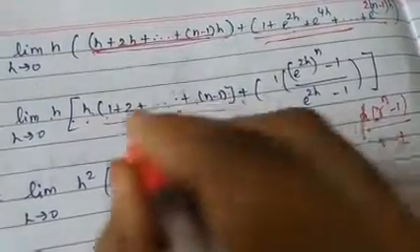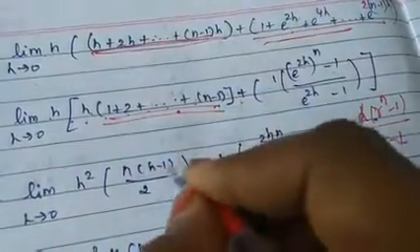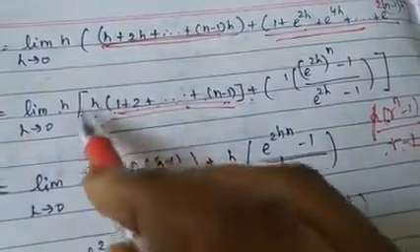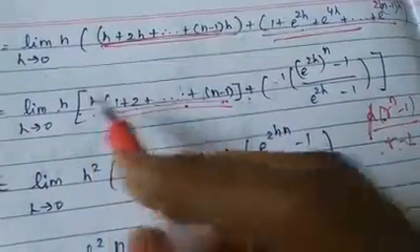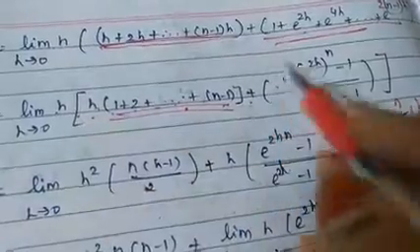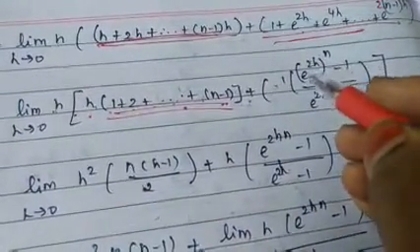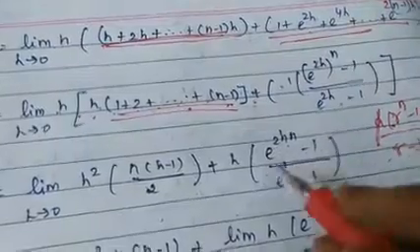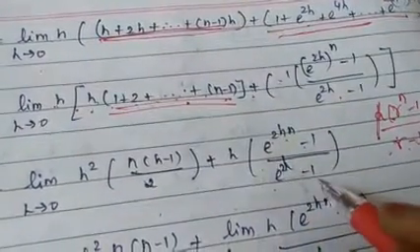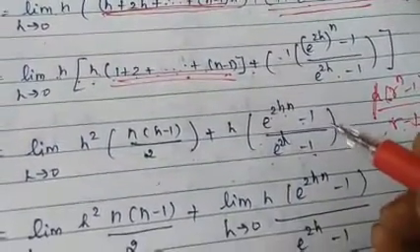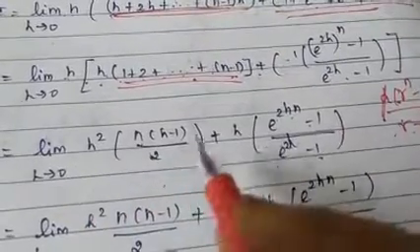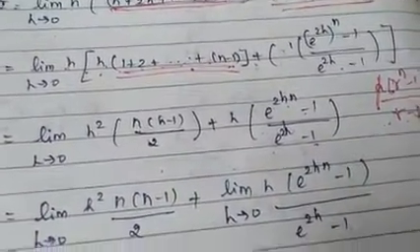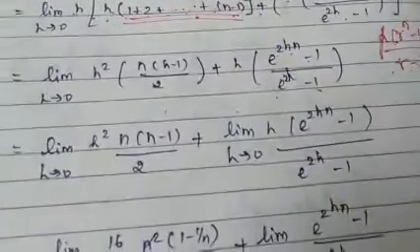After that, substitute the formula for this in the next step, that is n into n minus 1 by 2. What I have done here is, I have multiplied this h inside for both the terms. Therefore, h squared into this formula, then h into this one. Here e power 2h, a power m, the whole power n is a power mn. So I have written e power 2hn minus 1 divided by e power 2h minus 1. After that, whenever you have h terms and an exponential term, separate the limit. That will be easy for you to simplify the answer.